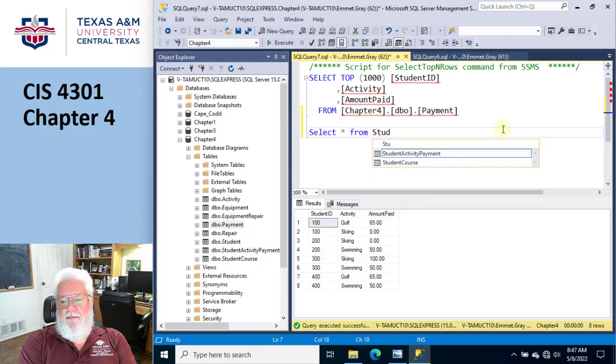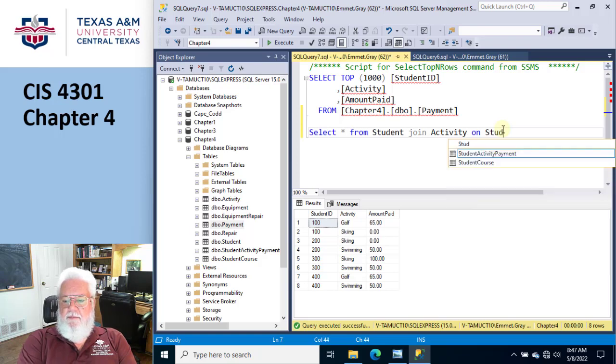Not that it really matters. Student join activity on. So is there a way to connect student with activity? Not directly. I'm going to have to go through that association table. So I have to do join payment on